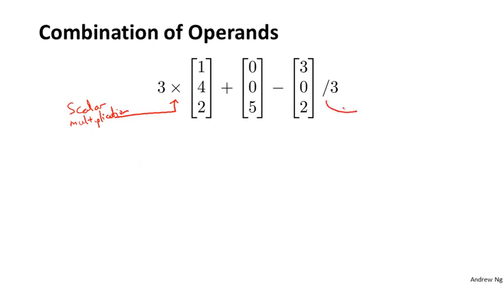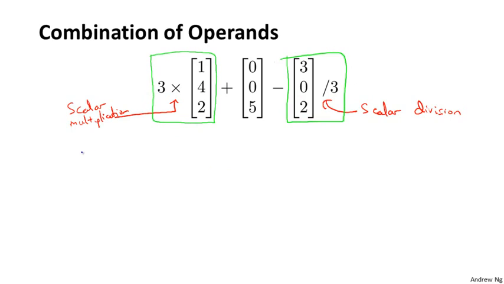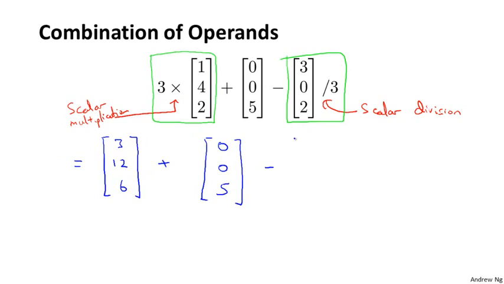And this is another scalar multiplication, or scalar division, which really just means 1/3 times this. If we evaluate these two operations first, then 3 times that vector is 3, 12, 6, plus my vector in the middle, which is 0, 0, 5,